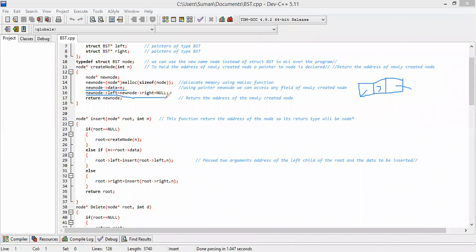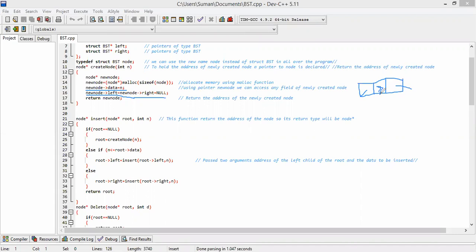So this type of thing will be created, and its left and right are both null. And in new node data equal to n, the data we are passing will be stored in it. So considering that we are passing 7, it will look like this.